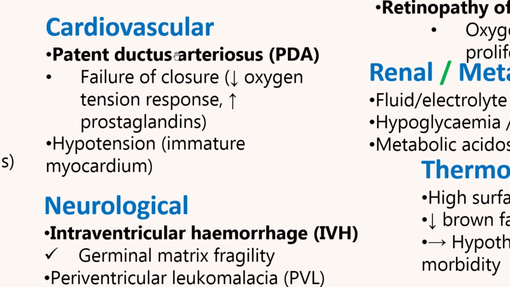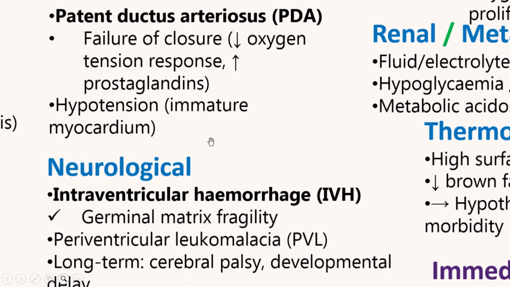So most of the time there is a rescue we do where we can give this baby prostaglandins, and when we give him antiprostaglandins, these are drugs that lead to the closure of this ductus arteriosus, and we shall look at that shortly. So these babies have a low oxygen tension that produces a lot of prostaglandins, keeping the ductus arteriosus open. Then we have hypotension because the myocardium or the heart itself is not yet mature.